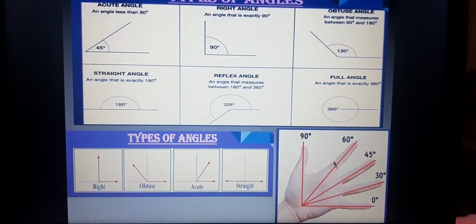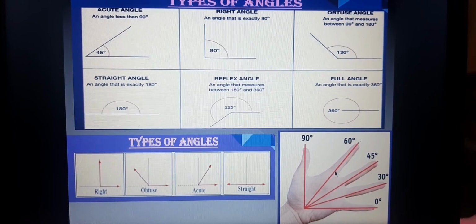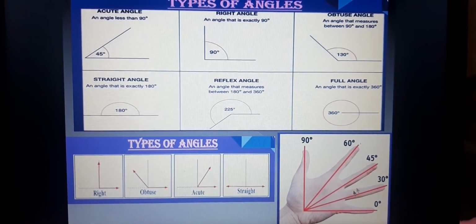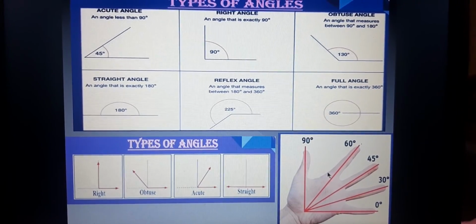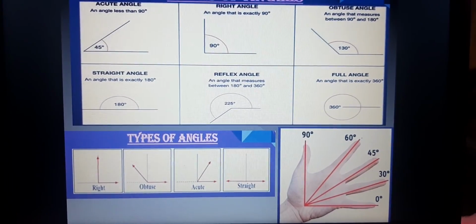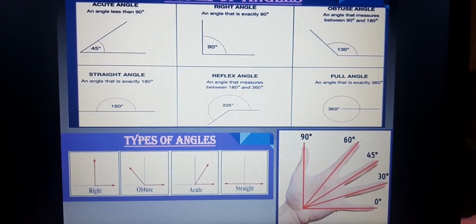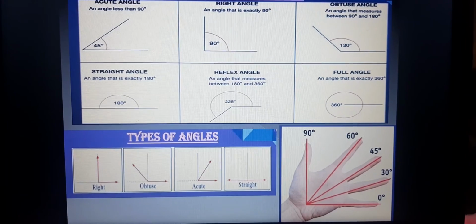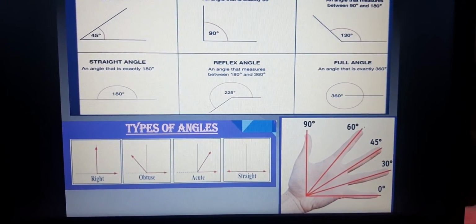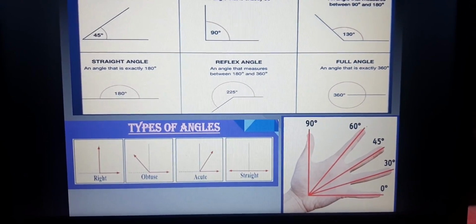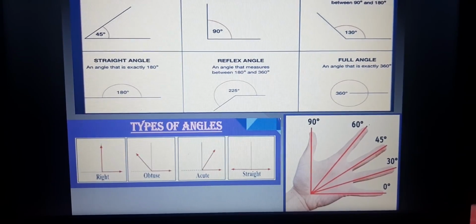Not only with that, as I gave a homework for you, where you can see angles, this is one example. Not only this, you can take the example of the hands of your clock, where all the angles you can see. Other than that, you can take your book. When you turn your pages, you can see all the formations of angles. Other than that, you can take examples from your daily life, like the table and chair.